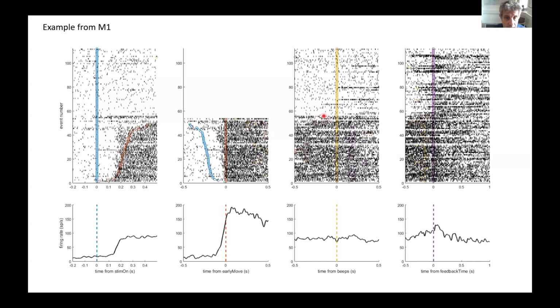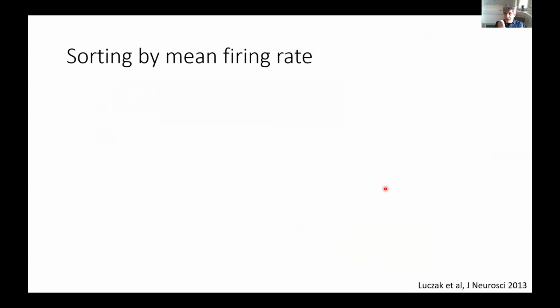We don't see much in this example of the beep or the reward delivery, but you can really see the difference here between these trials at the bottom, which are the ones that have a movement, and these ones at the top for which there is no movement. You have this huge difference in motor cortex firing rate at the time that the beep goes off. So that's just a few examples of what's going on,